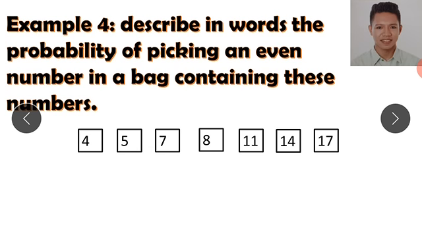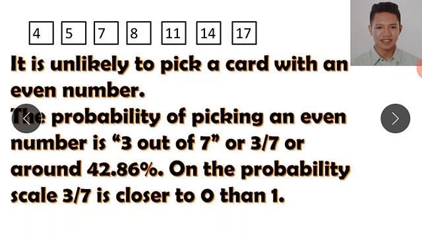And we have 1, 2, 3, 4, 5, 6, 7, a total of 7 numbers. So if we are going to get the probability of picking an even number, that would be 3